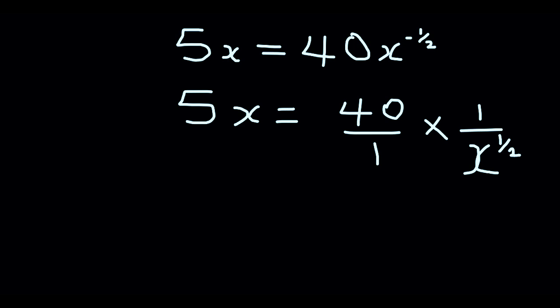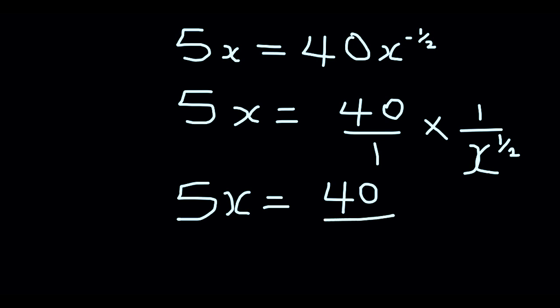So this can be written as 5x equals 40 over x to the power of half. So from here, if we multiply x to the power of half, or x index half, to both sides,